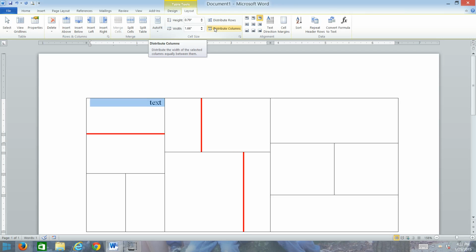Again, tables are a great tool that you can use for formatting text, and it's not something you might think about doing. Another thing I want to talk